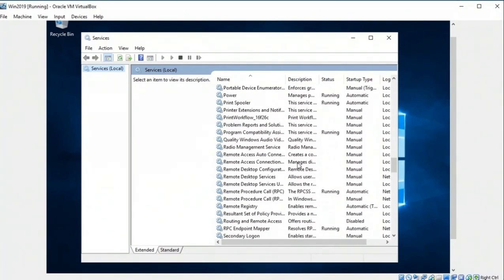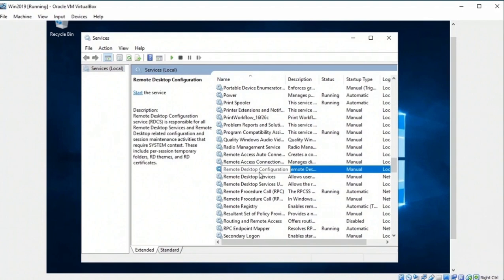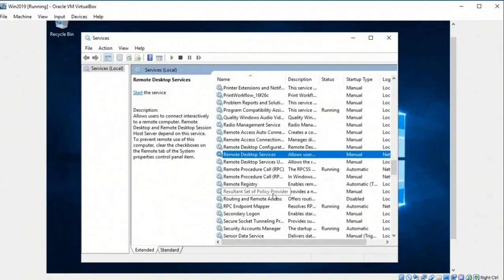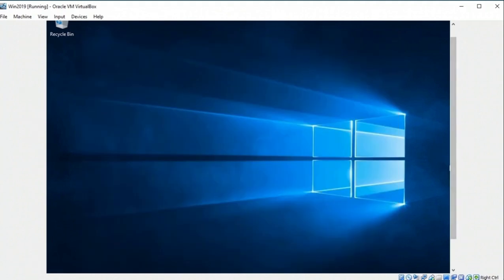Now, this is a server. I probably don't want someone to do remote desktop configuration or remote desktop services. You might notice that in Windows 10 these were turned on by default, and on the server they're turned off by default. That's normal. The Windows Server versions are generally more secure and more locked down than the client version. So this gives you at least a good start towards hardening. Some of this is already done for you. But still check it. Don't just assume that they made all the decisions that you would make.